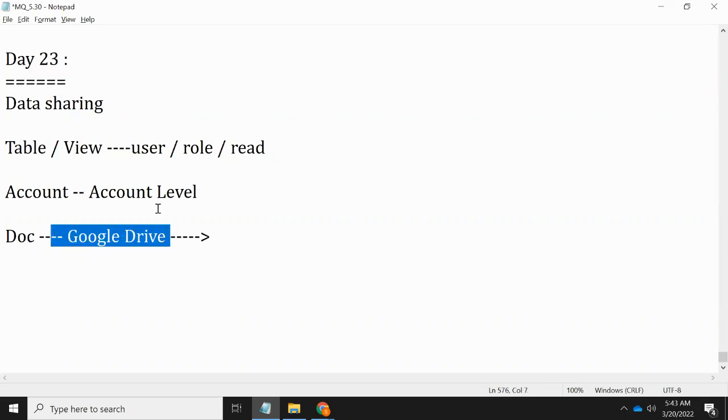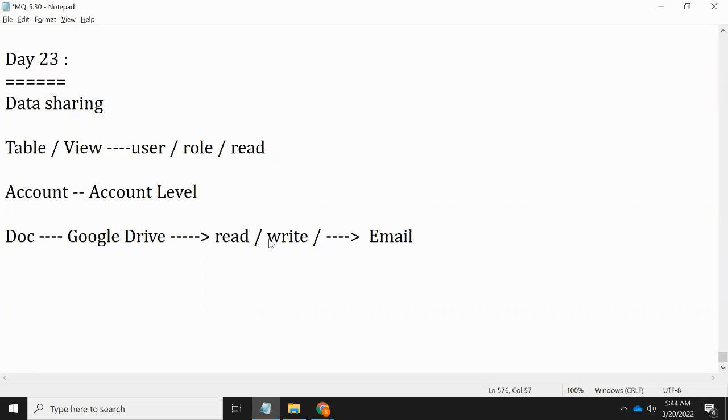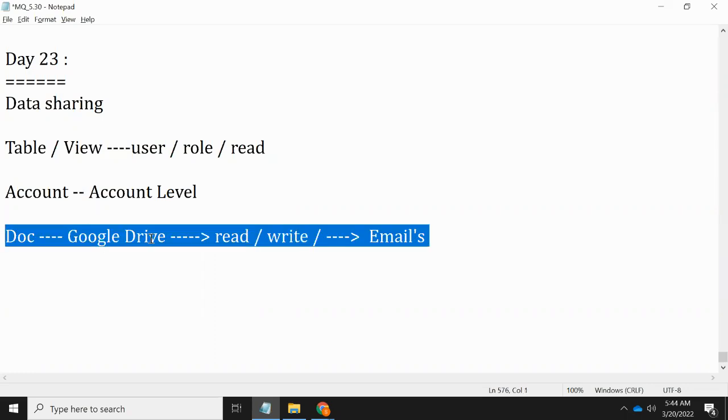Instead of sharing, if I give my username and password, it's not secured, right? Whenever you are operating my account... If I share a username and password, now what I will do, if I want to share one document, I will keep it in a Google Drive, and then I will give read access or write access to you guys, right? And I will assign this to your email IDs, right? When I assign this drive access to the specific email IDs, now when you guys are accessing,